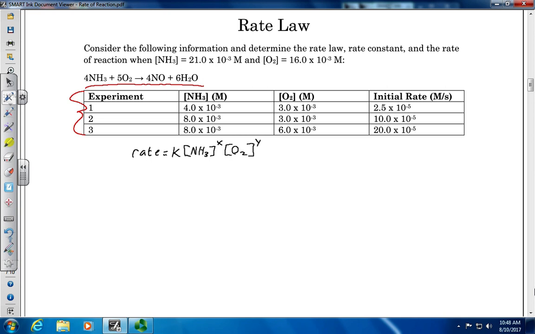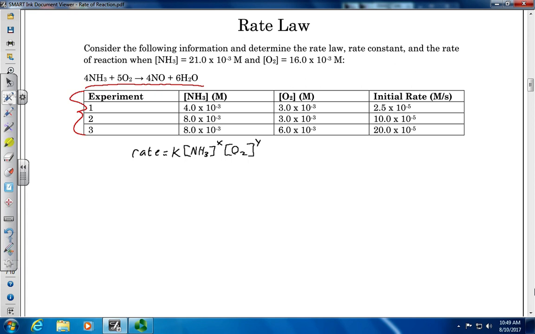And the key here, in determining what the rate law actually is, is to find out what that x and y is, and also to find out what the k is for our rate constant. And then using that information, we can then do our last piece, and by plugging in the concentrations of ammonia